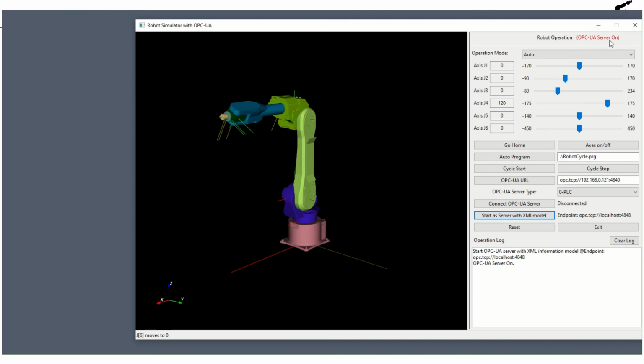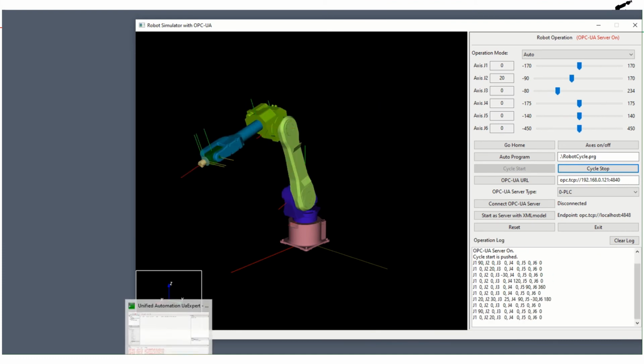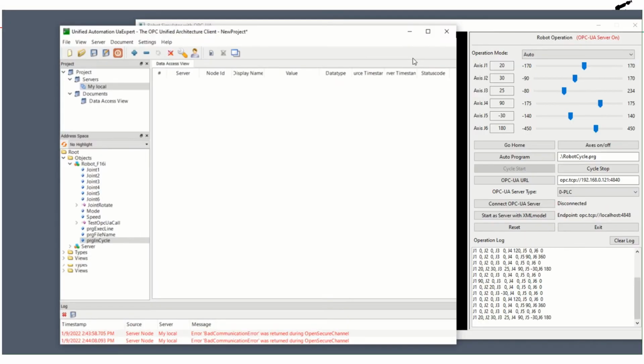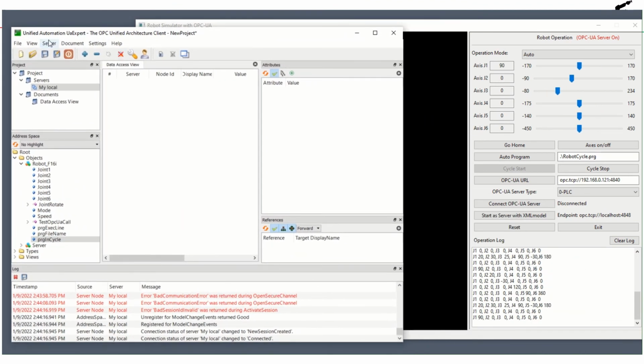Okay, so here it is showing OPC UA server on, and if we connect an OPC UA client to this server, especially if we start the robot running, let's see, we cycle start the robot, run this cycle program, and now we open the OPC UA client, in this case UaExpert,